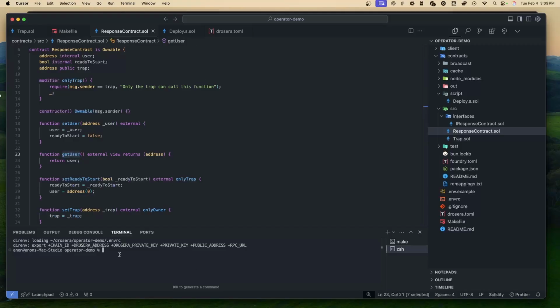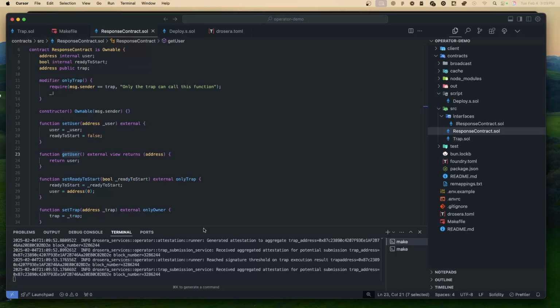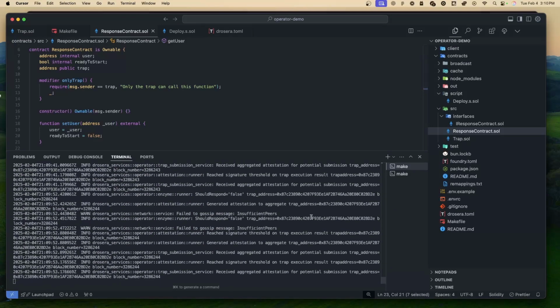So let's do our make set user. I'm going to blur the box, run make set user, and as soon as I do this, we're going to switch over to our operator terminal and watch the logs. All right, so that's firing off. We're now going to watch our operator